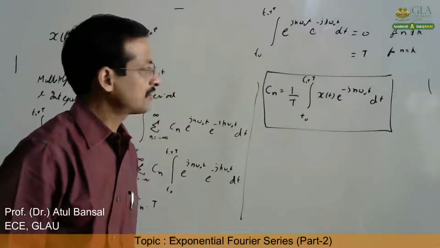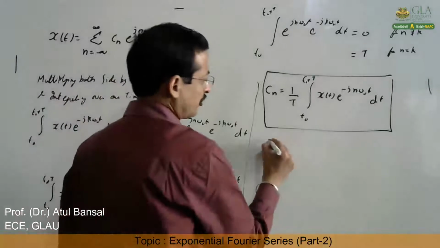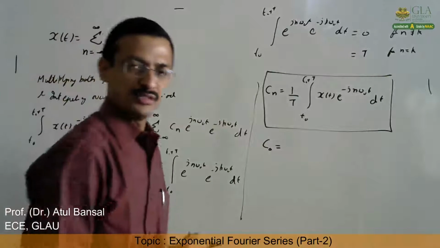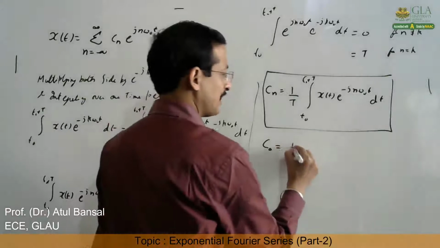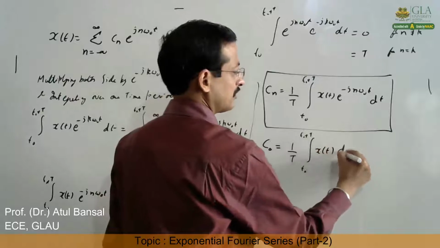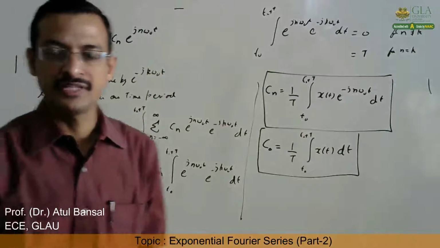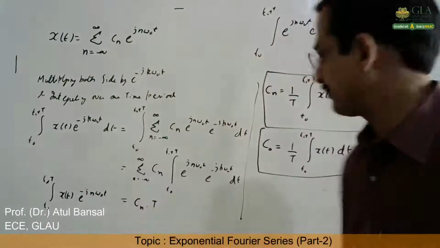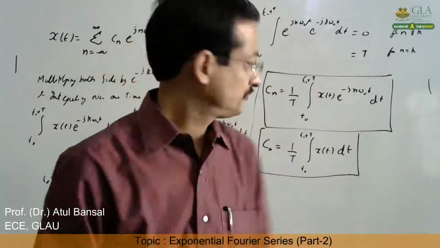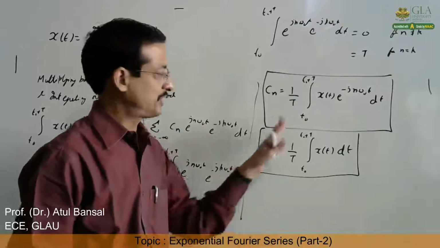Now this equation is known as the analysis equation because we are able to determine the Fourier coefficient here. Now C0 can be obtained from this by putting n equal to 0, but sometimes that gives an absurd result. So it's always better to evaluate C0 separately, just like in the earlier Fourier series, by the formula. That is the average component of the signal. C0 is the DC or average component, because it is the same as small a0 or capital A0, so that formula remains the same. So that is determining the coefficients of exponential Fourier series.